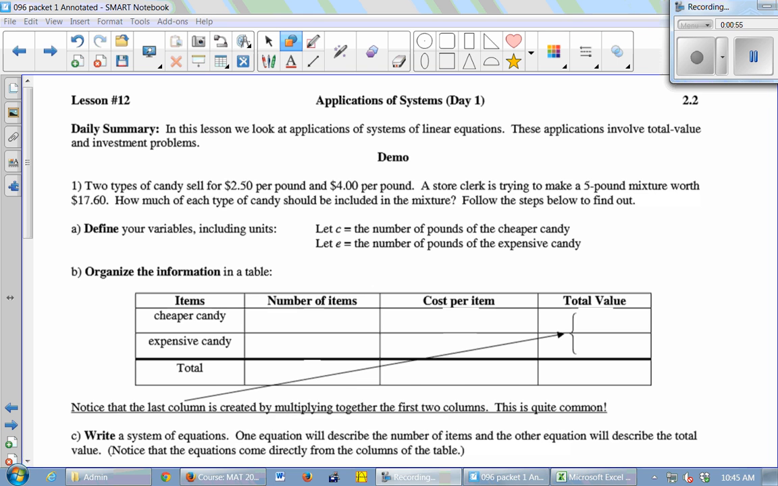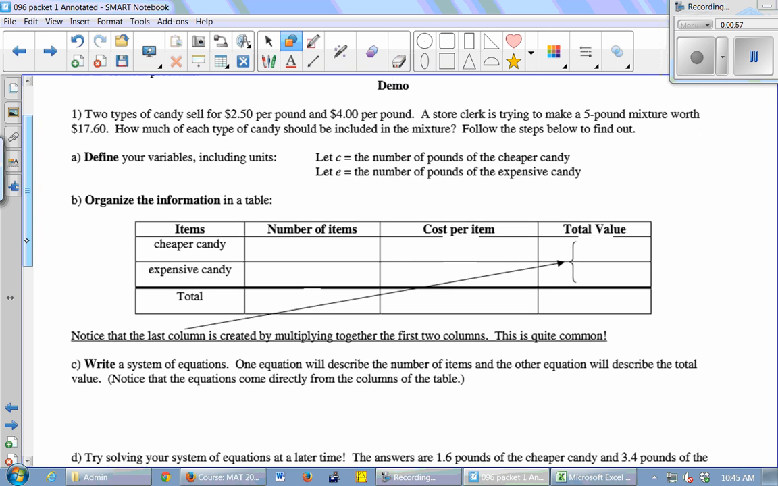All right, so in our first example, we have two types of candy. One type is $2.50 a pound, and the other type is $4 a pound. And a store clerk is trying to make a 5-pound mixture of the two kinds of candy. So let's just say if he was going to do all 5 pounds of the more expensive candy, how much would it cost? You're going to do 5 pounds, so it would end up coming to